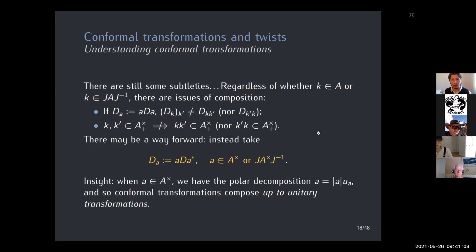So where do you go from here? It could be that conformal transformations just don't compose in the non-commutative case, but that's a little bit unsatisfying. But we have this nice idea currently, and this is absolutely ongoing work, where instead of sandwiching, we step back a little bit and look at something a little bit more general. So now we multiply on the left by whatever, something from A or JAJ, and on the right by its adjoint. And the insight to take here is supposing that A is invertible in A or JAJ,